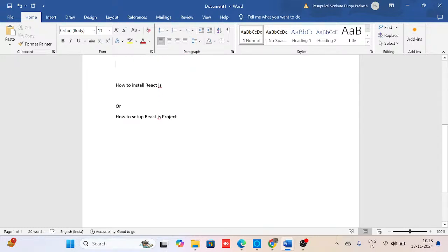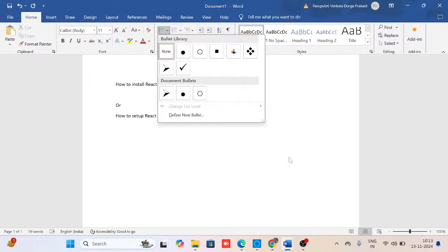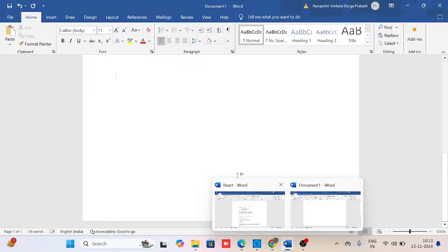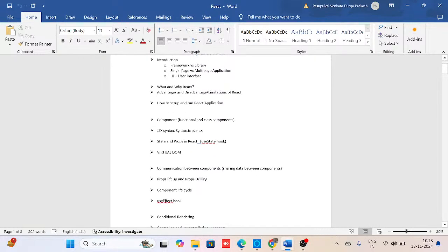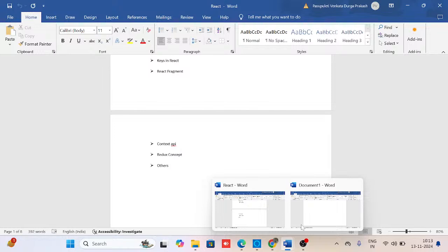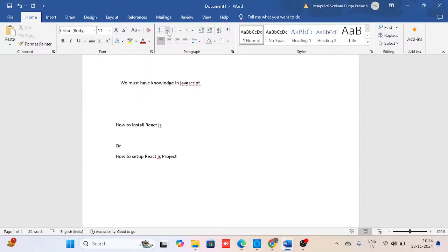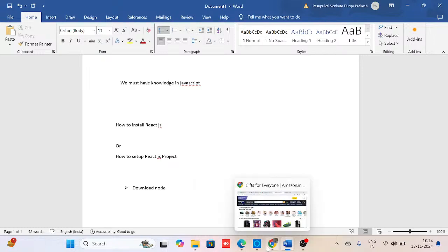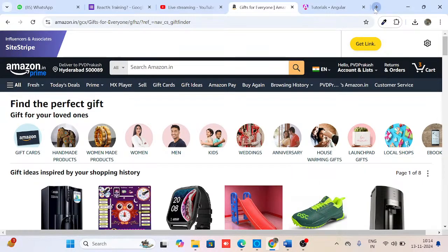Now come to the part of how to install React.js and set up the React.js project in our system. To install it, first we need to download the Node software. What is it? We need to download Node.js. From where? If you go to Google and search download Node,